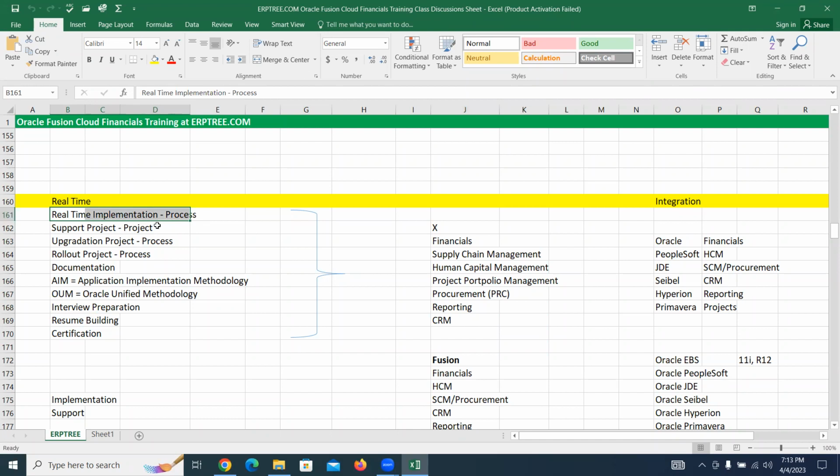support project, how the support process can be managed, what would be our role, others' role, and what is the meaning of upgrade projects, how those can be handled, rollout projects, and what is the documentation we create as a part of a project, what are the different methodologies we use as a part of implementation,